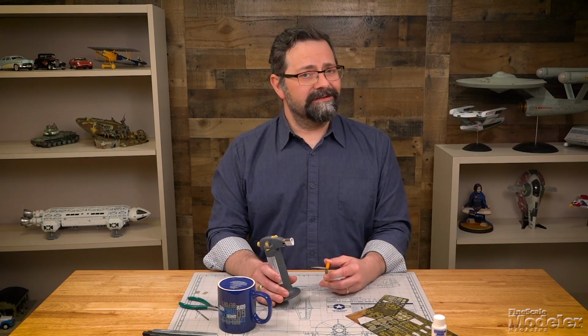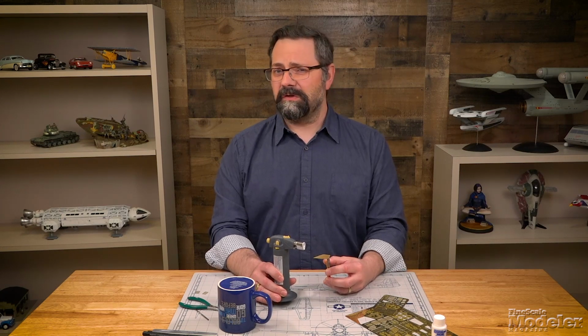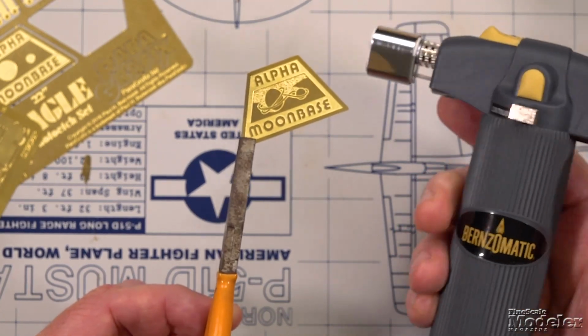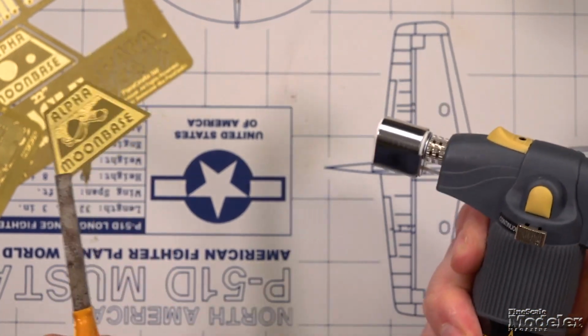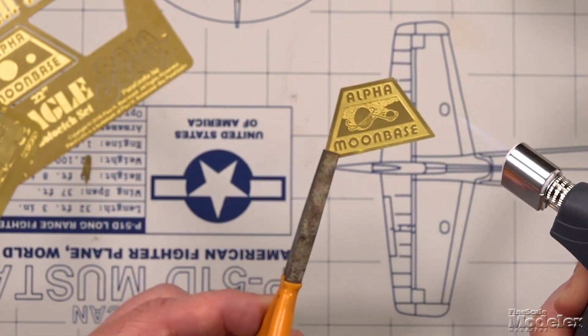The other thing you're going to need is a heat source. Now, I do not recommend that you try to use a candle. It doesn't get hot enough, and you're going to basically just put a lot of soot on your part. So use a torch. This torch is one from a hardware store. You can get it anywhere. So I'm just going to go ahead and start it up here. Can't see it too awful well, but